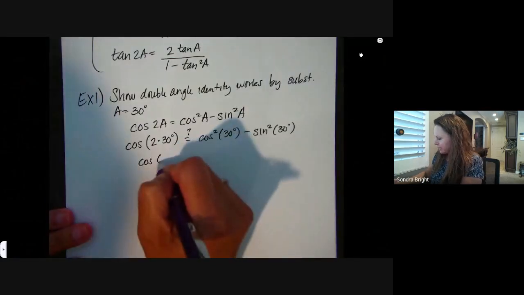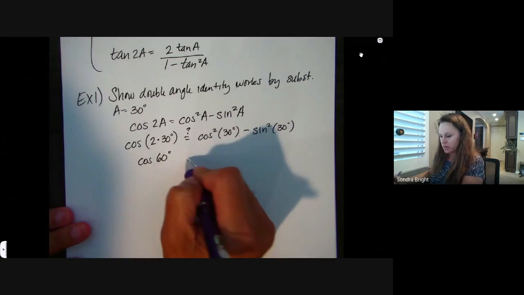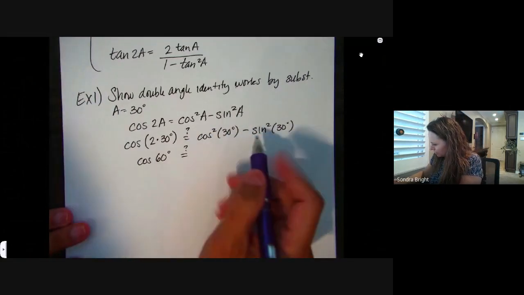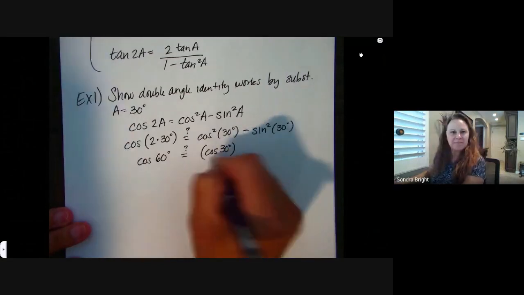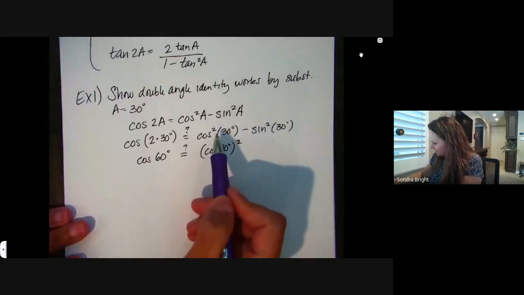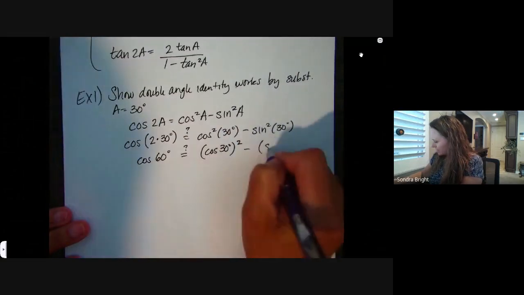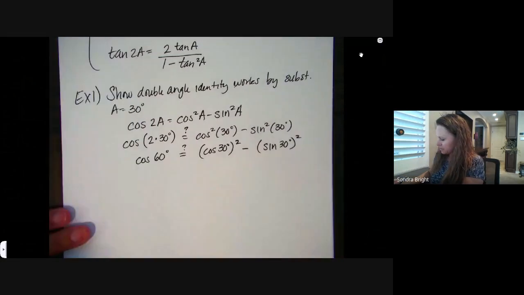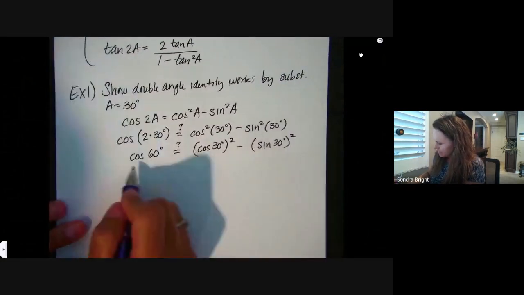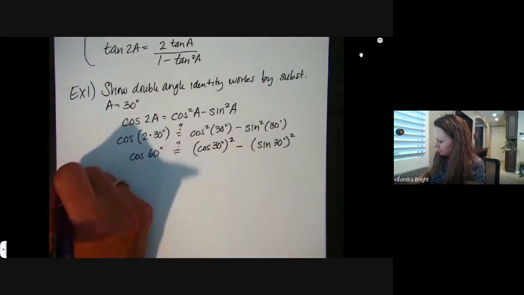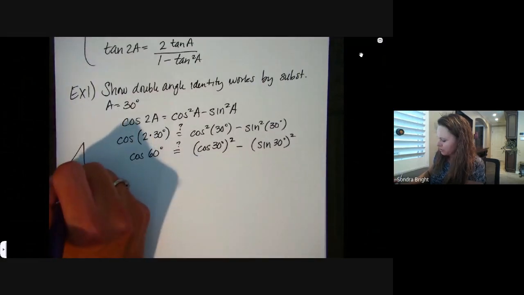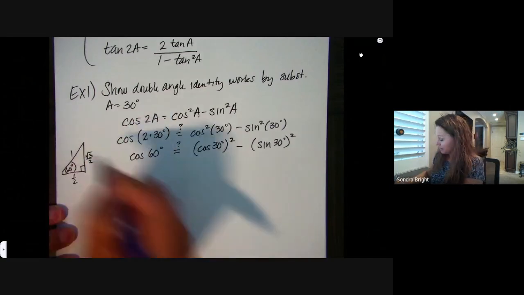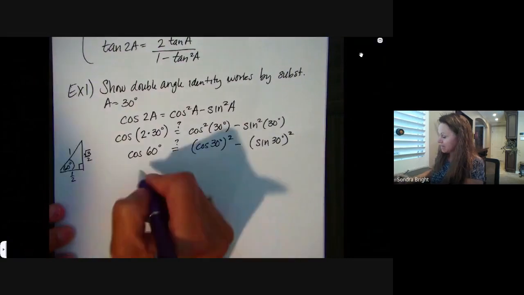And is that equal to, keep in mind that what this means is cosine of 30 degrees quantity squared. Remember, that's what that means when they put the square on the cosine there. And same thing here, this is sine of 30 degrees quantity squared. So what's cosine of 60 degrees? Well, 60 degrees is the tall triangle, which makes this side rad 3 over 2 and this side 1/2. And so cosine of 60 degrees is 1/2. So my left-hand side will be 1/2. Is that equal to,